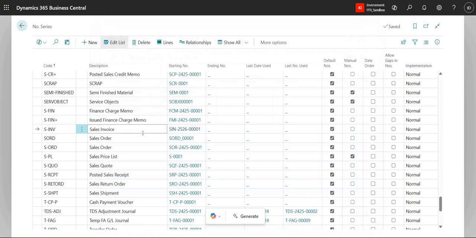25/26/001. So with this method you can create your custom number series for any module or any voucher, or you can reset your